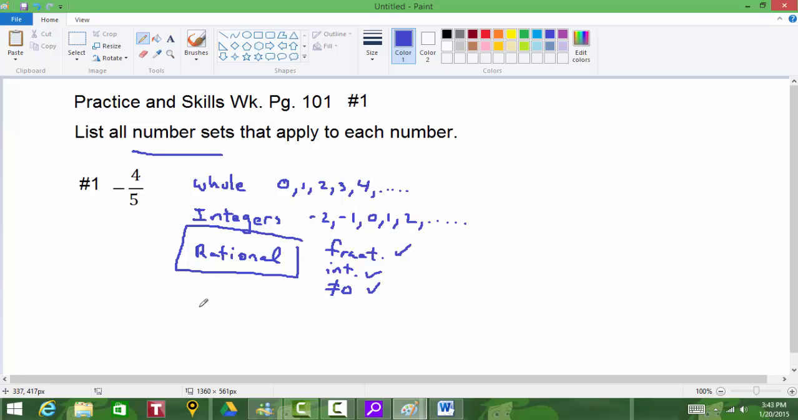The other one that works goes along with rational. If you remember from that chart we learned in class, if a number is rational, then it's also going to be part of the real number set. So we're also going to write down real numbers. Okay, so in this case right here, there are only 2 sets that we have. It's the rational numbers, and it's also going to be the real numbers. And that's going to be